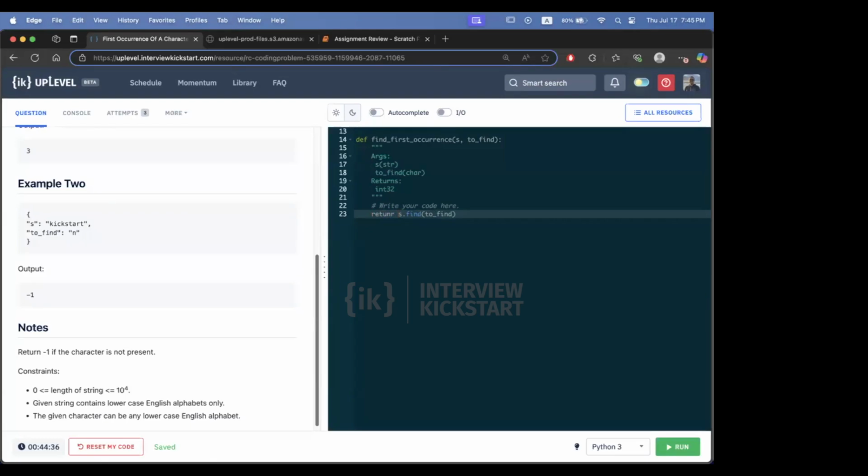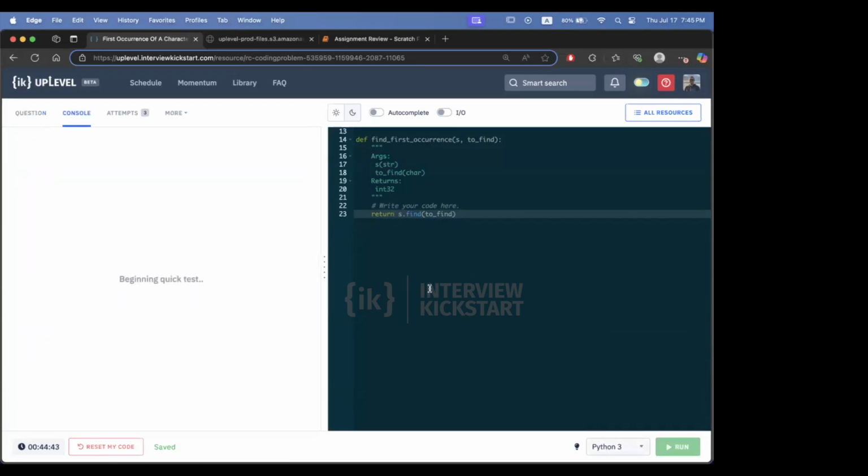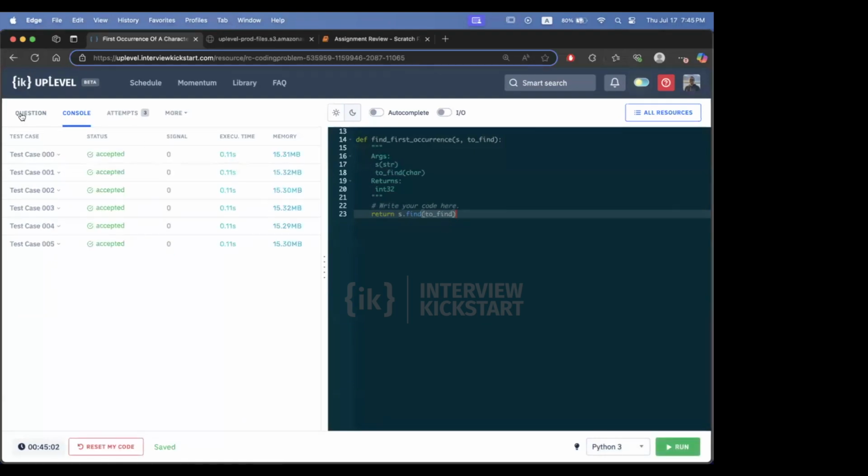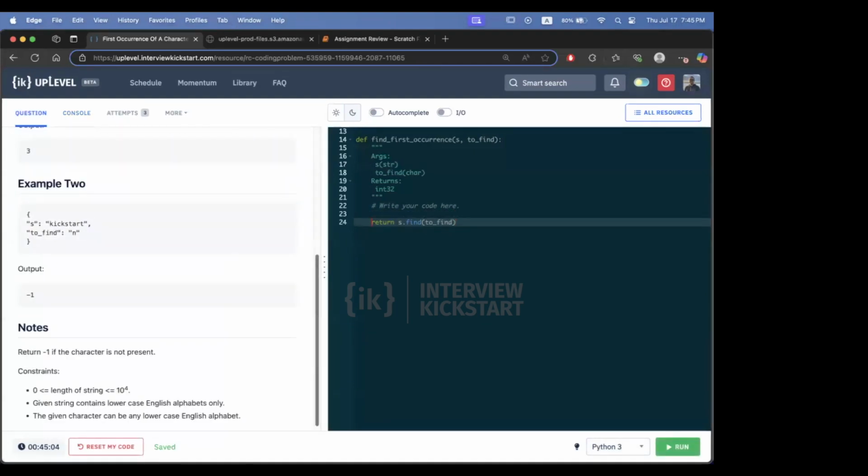So I'm going to return this thing. Okay. So this is one way to do it, but even if you don't want to use the function find here, we can simply pass through all the characters, and then when we get to that character, we can simply return that. So if I want to show it to you very quickly, so this was our solution 1